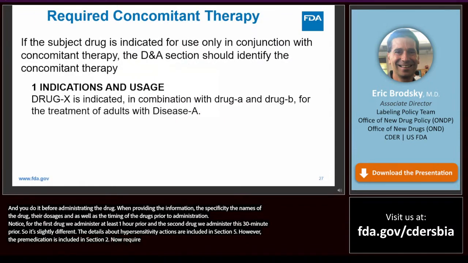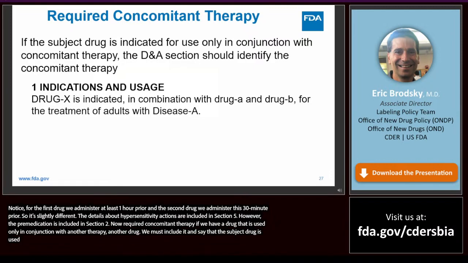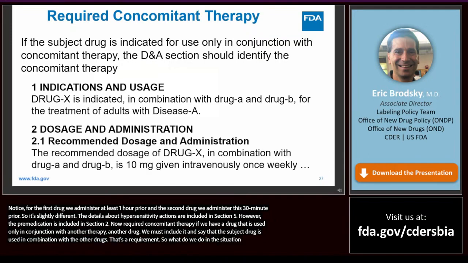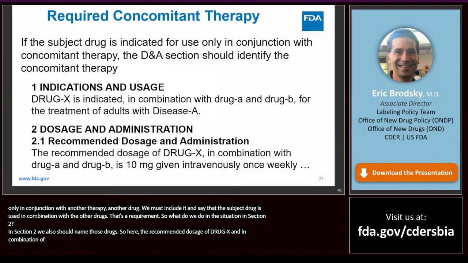Now, required concomitant therapy. If we have a drug that is used in an indication only in conjunction with another therapy, for example, another drug, we must include that information in the indications and usage section. We must say that the subject drug is used in combination with these other drugs. That's a requirement. So what do we do in this situation in section 2? In section 2, we also should name those drugs. So here, the recommended dosage of drug X in combination with drug A and drug B is 10 milligrams given